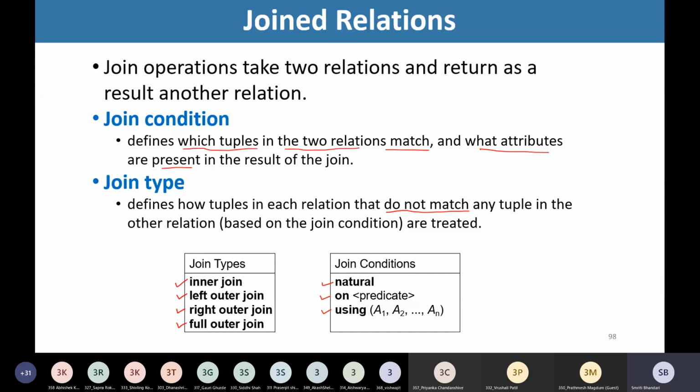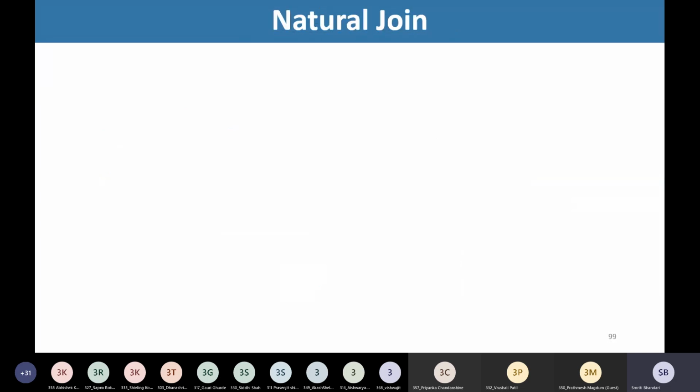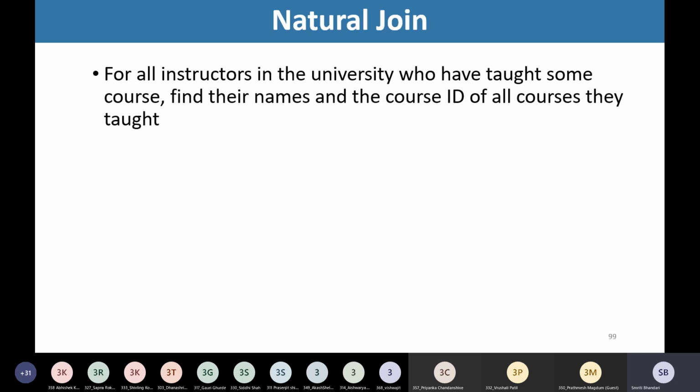So let's begin with natural join. This is the most popular form of join operations. Let us see one example, and then we'll see how we can use the natural join operation. For all instructors in the university who have taught some course, find their names and the course IDs of all courses they taught.